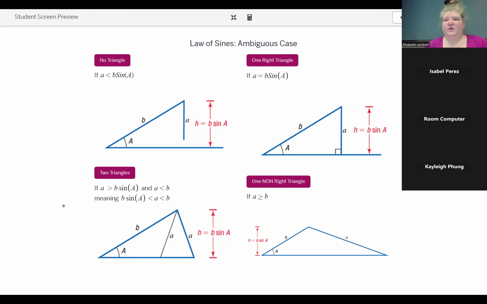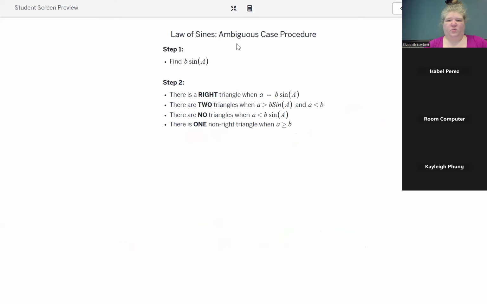All right. So now we're looking at what do we do when we have an ambiguous case? So what do we do when it's an ASA setup? We're going to figure out what B sine A is, just calculate that, and then we're going to compare our opposite side to this number. If it's smaller than that, no triangle's done. If it's equal to it, one right triangle, and we're almost done. We'd still have to figure out one more side and one more angle,